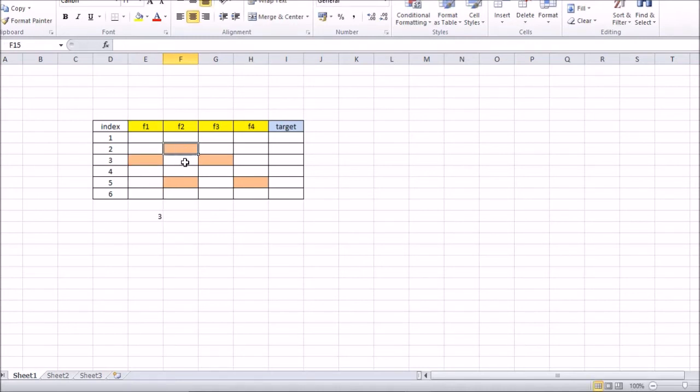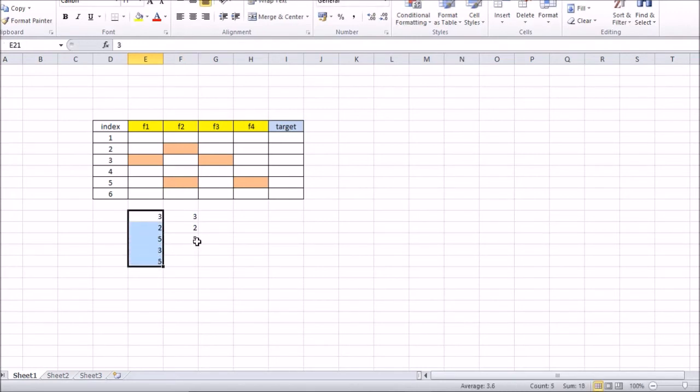Then in the second feature, index 2 and 5 have outliers. Then in the third feature, the index 3 has an outlier, so index 3, and in the fourth feature, the index 5 has an outlier, so index 5. So you see these have duplicate values as well. Now I'll simply take the unique values of this array.